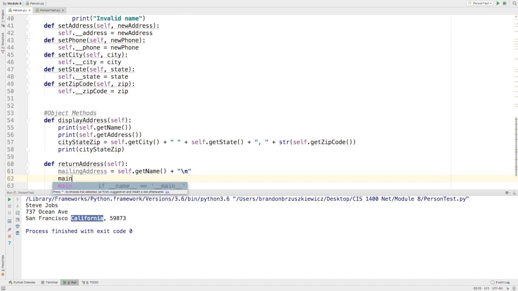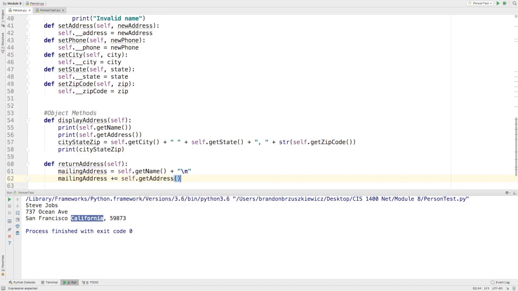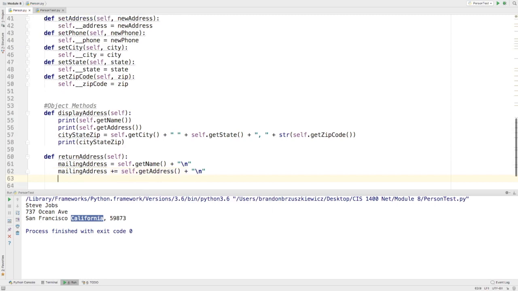And then we're going to go mailing address plus equals, because I want to keep appending more information to there, the address. So we'll go with self.getAddress, right? And again, we'll add a \n to it, so for a new line. And then we'll go mailing address plus equals, and here's where we can start putting in some of the other